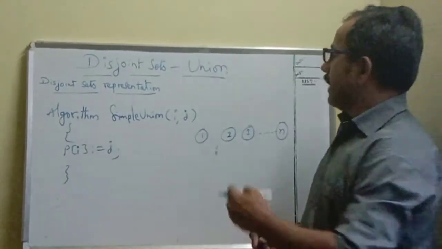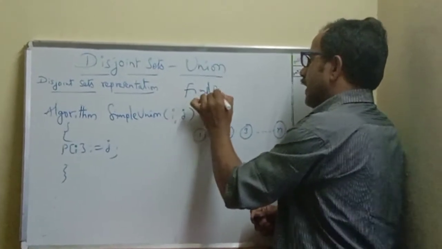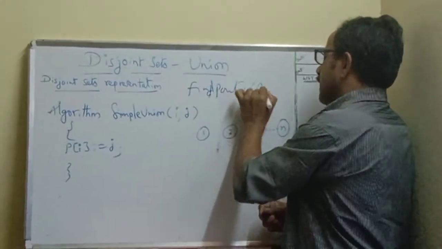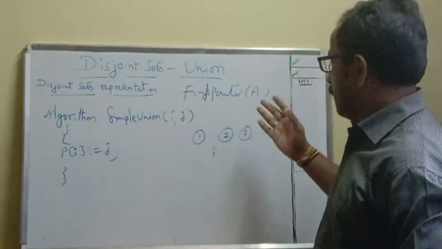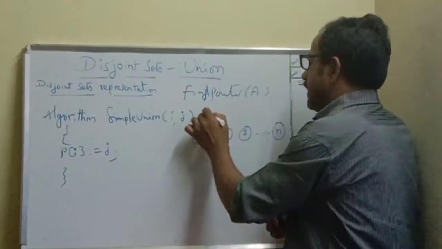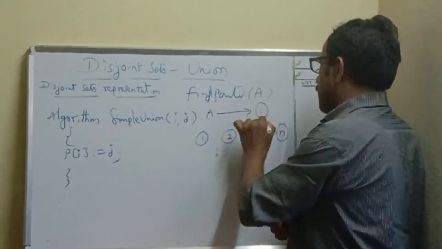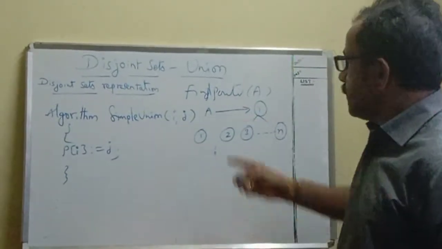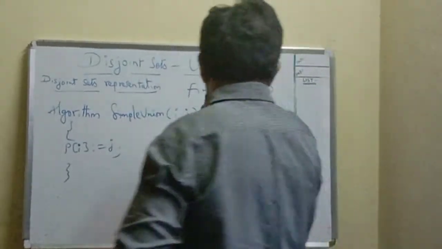So find pointer of A, as explained earlier. What is find pointer of A? This find pointer of A is used for finding the root node of the respective set related tree structure. So ultimately, this particular find pointer is used to find the root node. Root node is 1. This tree structure is like this. So from the set name, from the address field, we can reach the root node of the corresponding tree.